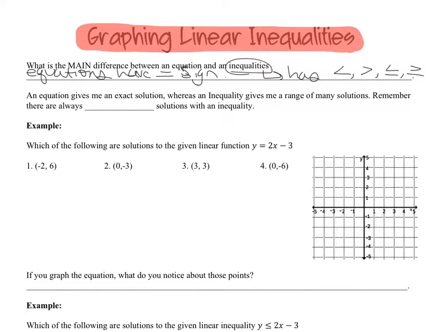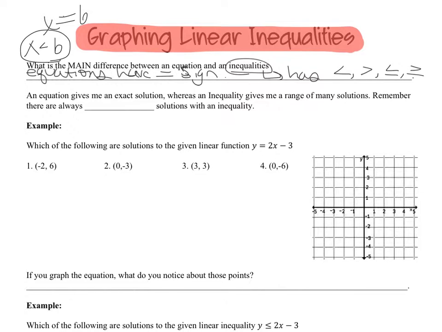So an equation gives you one answer. When I write an answer x equals 6, the only value x can be is 6. If I write x equals 6, x can only ever potentially be 6. What if I write x is less than 6? Does that mean x can be 6? Well, no, because 6 is not less than 6. But what this tells me is that x can be anything that's below 6. So it can be 5, it can be 4, it can be 3, it can be -7,